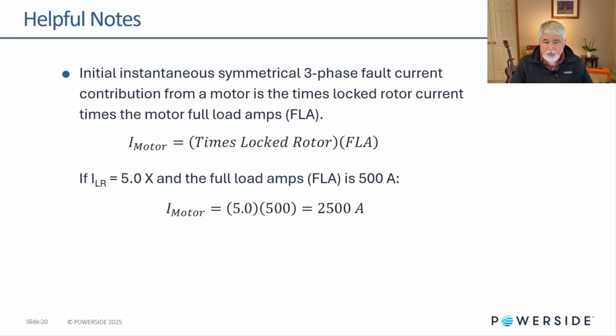Likewise, the initial instantaneous symmetrical 3-phase fault current contribution from a motor is the times locked rotor current times the motor full load amps. So if you have the times locked rotor, you can multiply it times the FLA and you will get the initial fault current contribution from the motor, before it decays. That's shown here as I locked rotor is 5 times, full load amps is 500 amps, 5 times 500